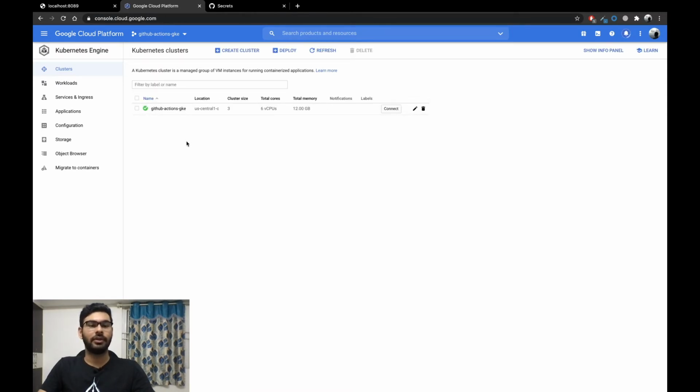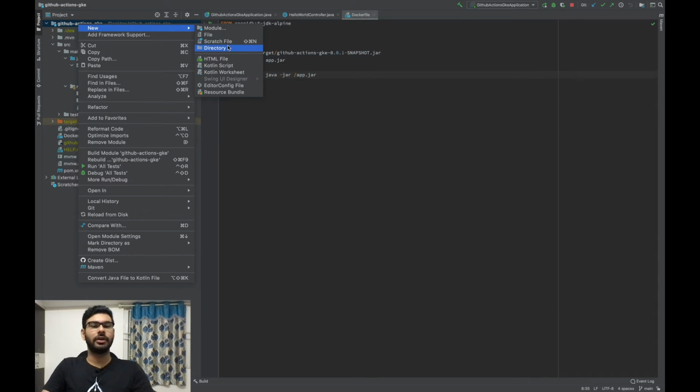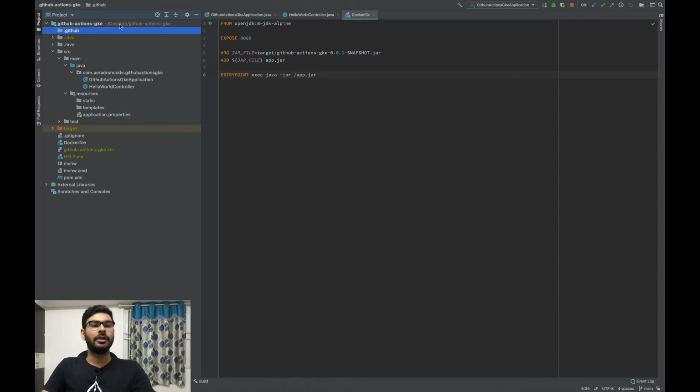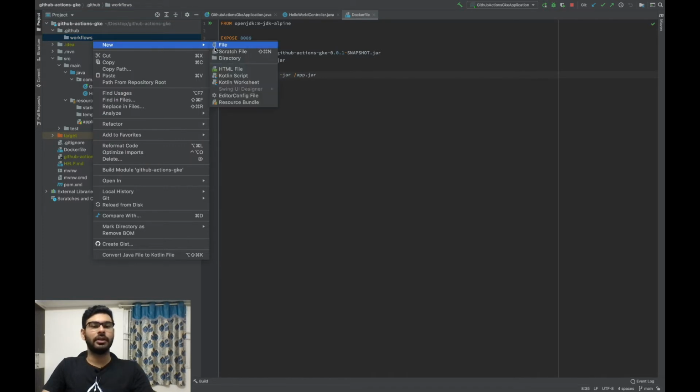So all that is left is to create the actual pipelines.yaml in our GitHub workflows file. So let's see how to do that. So now it's time to set up our GitHub Actions workflow. To set up GitHub Actions workflow, we need a specific folder structure. So head to your root directory, and inside your root directory, create a new directory called .github. And inside this .github, we'll have another directory called workflows. So this is the directory where you will specify all your workflows. And inside this, we'll create a new file.